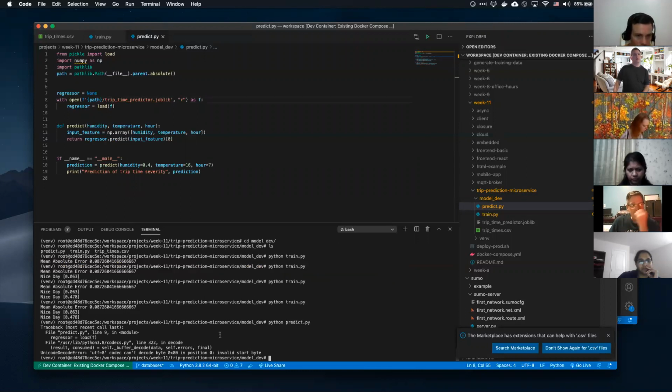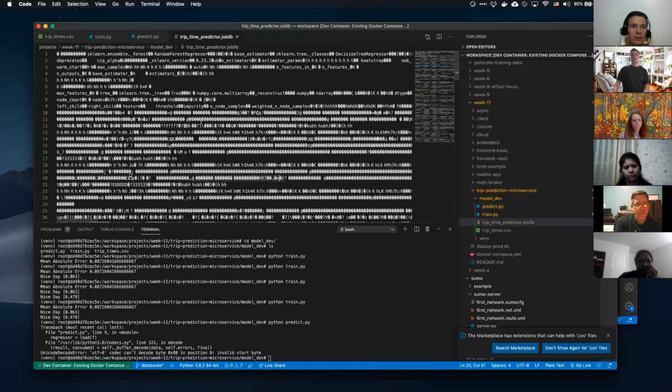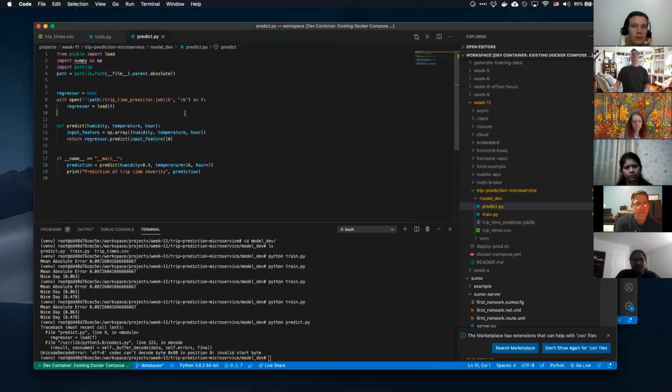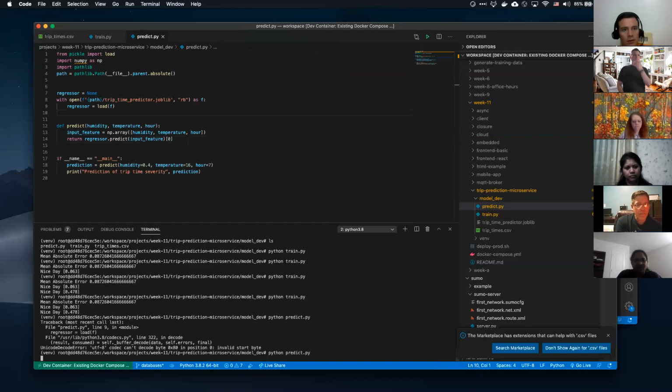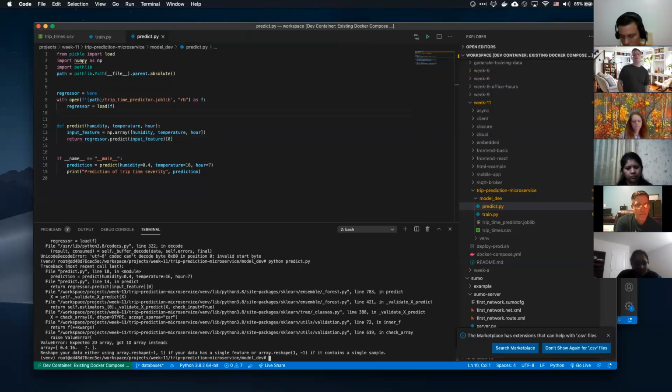Looks like I did something wrong. What did I do wrong? Anyone see what I did wrong there? It's in the load function. Oh, it's binary. I have to load binary actually here. Remember, this is all binary. It makes no sense, I can't read it as a regular file. I have to read it as a binary file. That's okay, so that should work. Right, so it does not work.